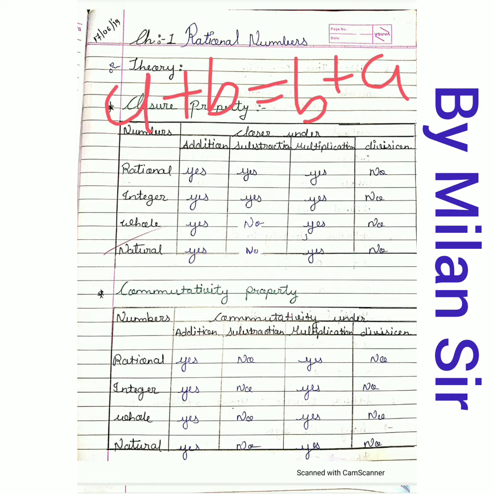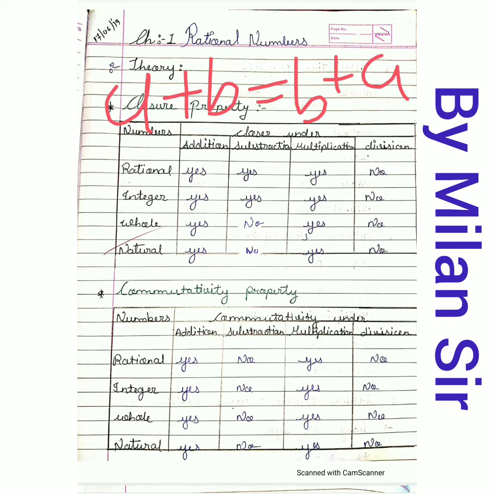If we can change the order for the same operation and we get the same answer, then the commutative property can be applied there. We only need to change the order. In whatever process, if we can change the order and get the same answer, the commutative property is true.